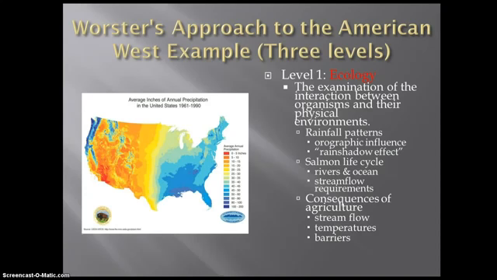So on this first level of Worster's analysis, we have to know a little bit about the natural processes. So an environmental historian has to make himself or herself a little bit of a natural scientist so they can understand better some of the relationships between how the natural environment functions. Those of you who know a little bit about geography and climate know that there's this other phenomenon known as the rain shadow effect.